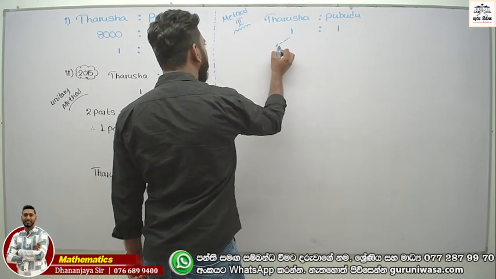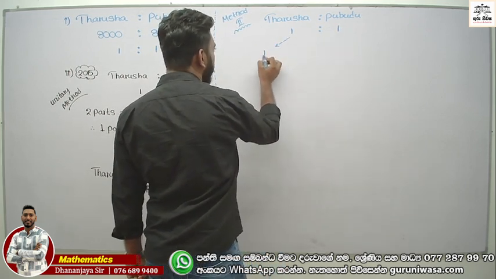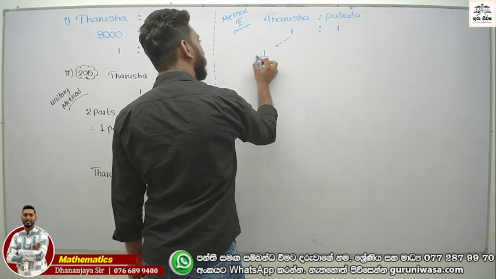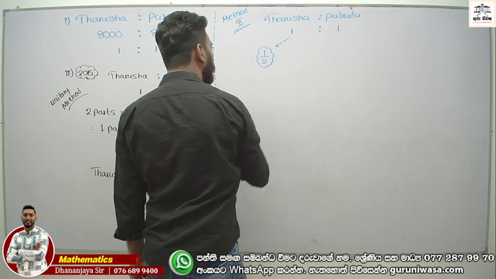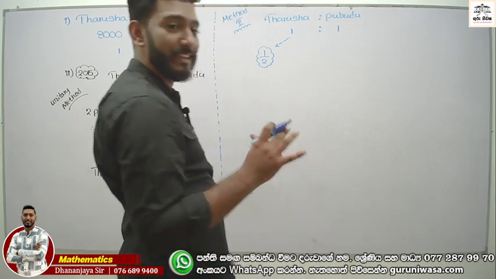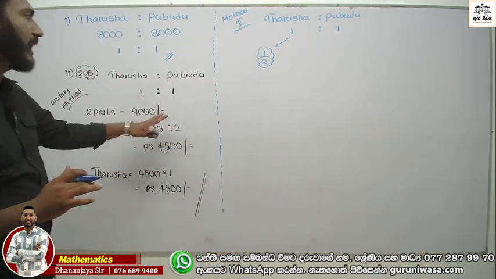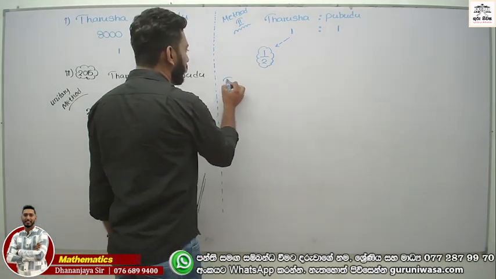And what is the relevant fraction? There are 2 parts, therefore 1 out of 2. We call it a half. Right? Now, what's the total profit? Total profit is 9,000. Therefore, Tarusha received